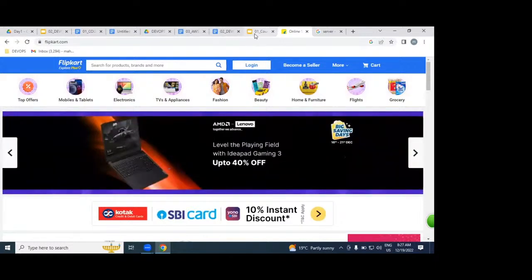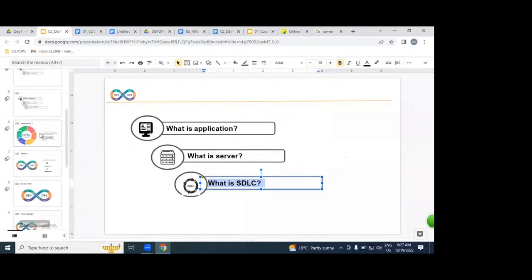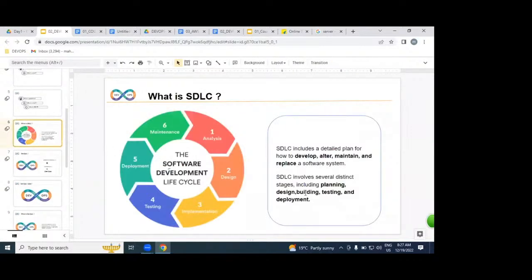But the next question is pending, guys. Please tell me, what is SDLC? How many people are aware of this? How many people know about this? Online students can reply. How many of you know? How many of you don't know? If you know, say yes sir, I know it.